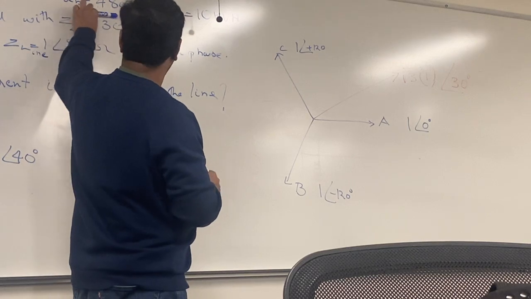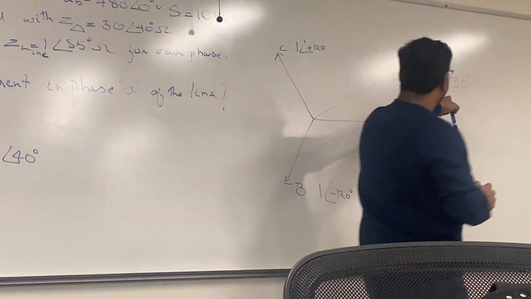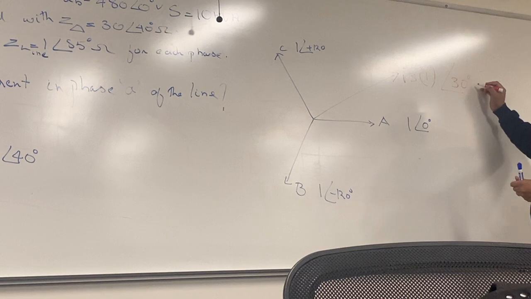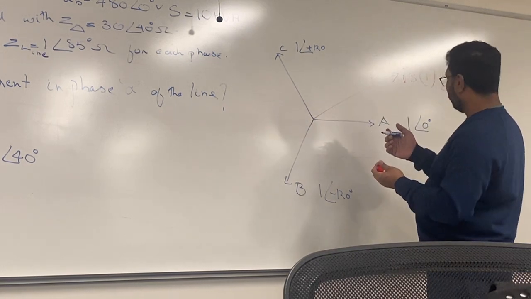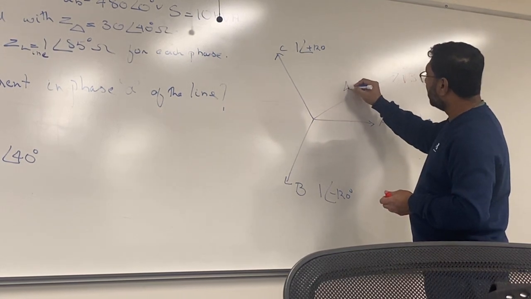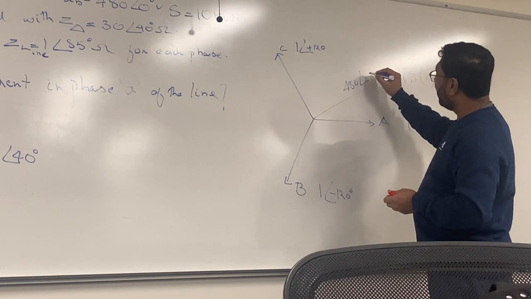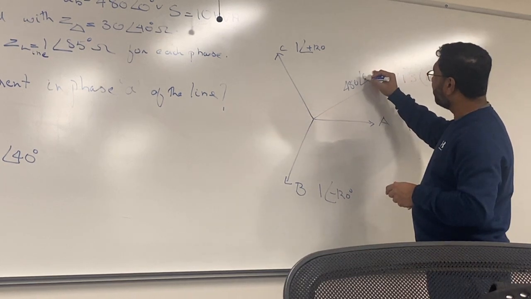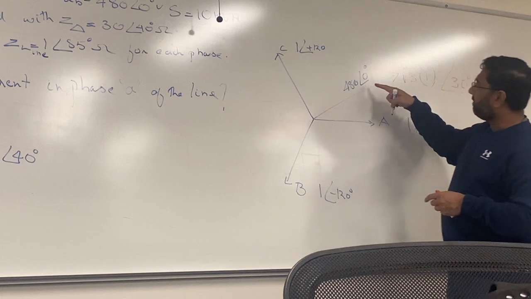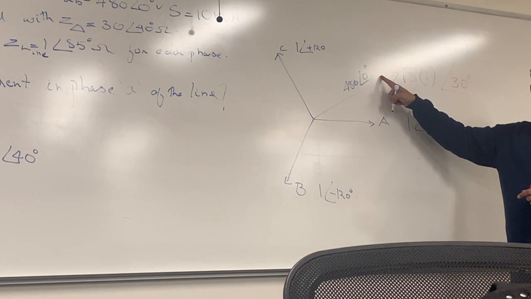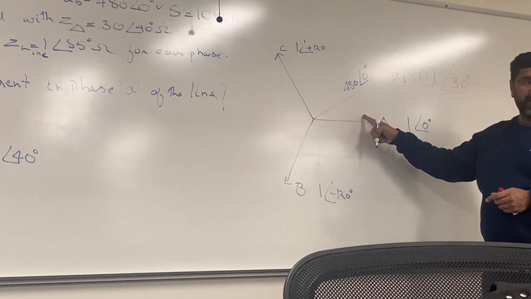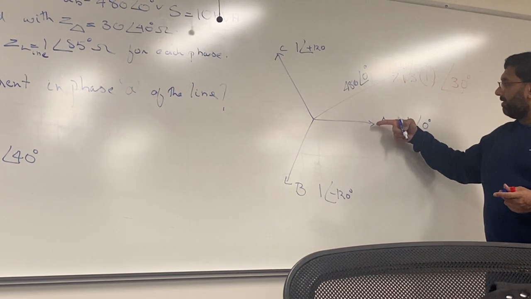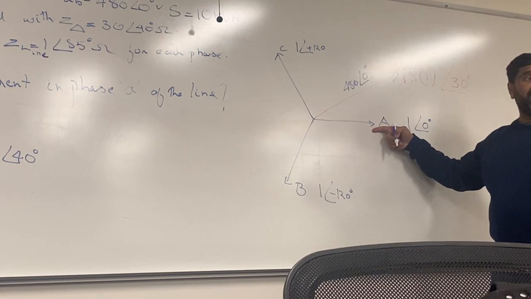If my VAB now, if this guy is now, let me use a different color. If my new guy, no, I'm messing this up. Let's go with this. This is my line to line voltage, right? Any questions on this? No. If I consider this to be my 0, where is this guy lying? Negative 30, right? All that you have to know is, if I have an A, and again, positive sequence, A,